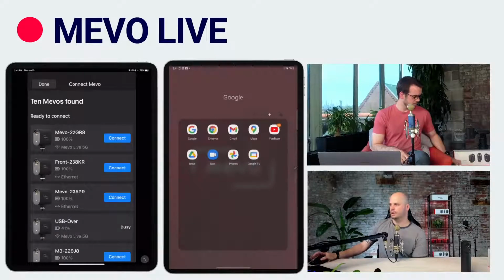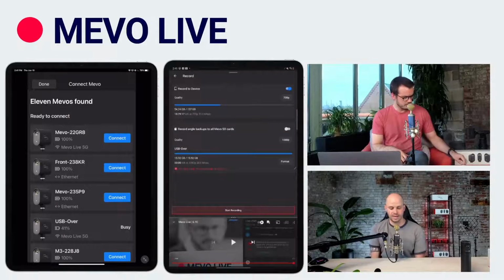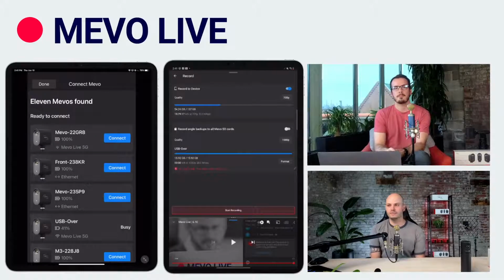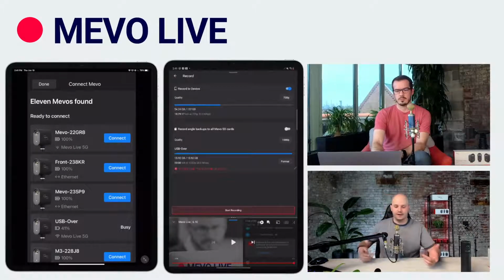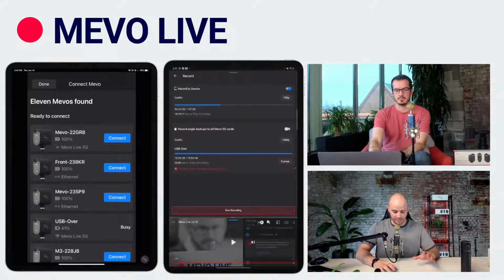So for the Mevo 2.0 app, the issue with that is it goes to your SD card. You can't access it on your mobile device. So when you're in your SD card, you should be able to find it there just like any kind of traditional camera. Now, an interesting thing is, a lot of people think that you can plug your Mevo into the computer and retrieve the files that way. You can't. If you want to access your files, you've got to either download it from the SD card on your mobile device, from the library, which,